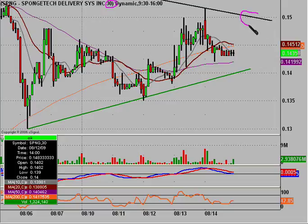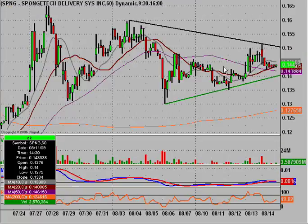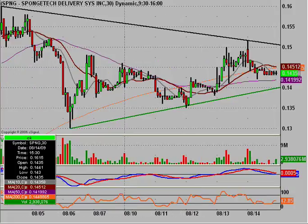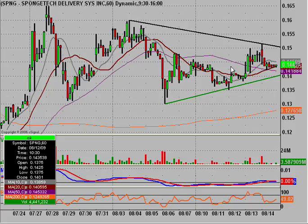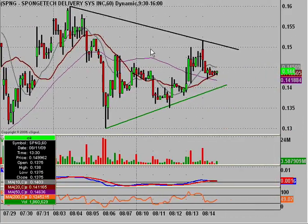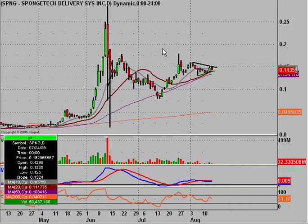So breaking this line here is not going to say that the daily chart's going to explode, but getting above here on the 30-minute would mean on the 60-minute, we're also up around this area too, looking to get through. And if we can get through this area here, then that would mean on the daily chart, because remember, it's like a domino. You got to start on the small time frames and work your way up. So from the 30, you can break above this line. That would imply that the 60 minutes got a nice little chart going. And then eventually when we get back up to the daily chart, here we go,